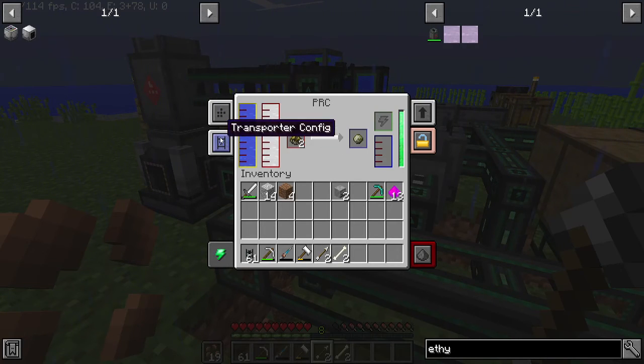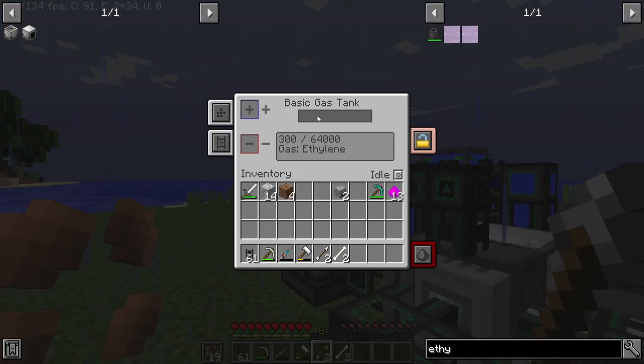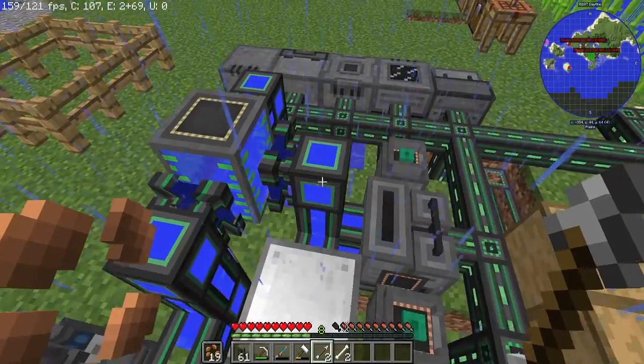And then, oops, side config, gases, eject on. As you can see, we're now starting to gain gases, which I can output to the bottom. And then we already have power in there and ethylene building up. It took 1 millibucket, guys. 1 millibucket, and it made and filled the internal buffer. We get a stupid amount of power from ethylene,